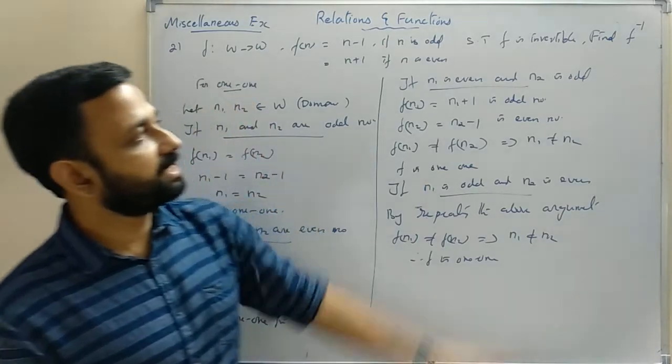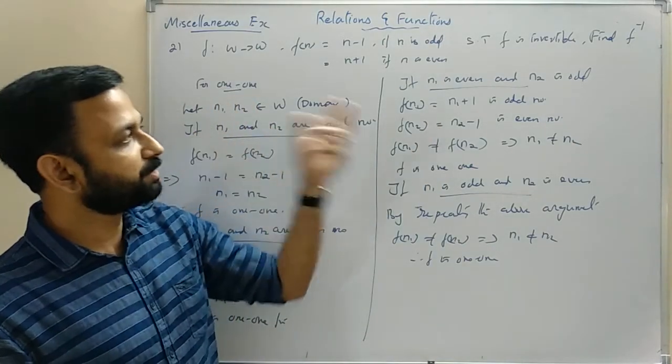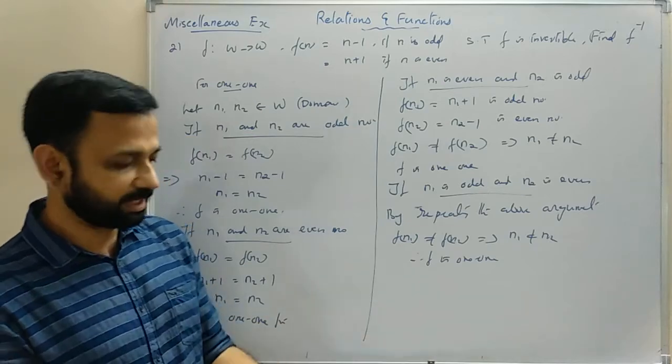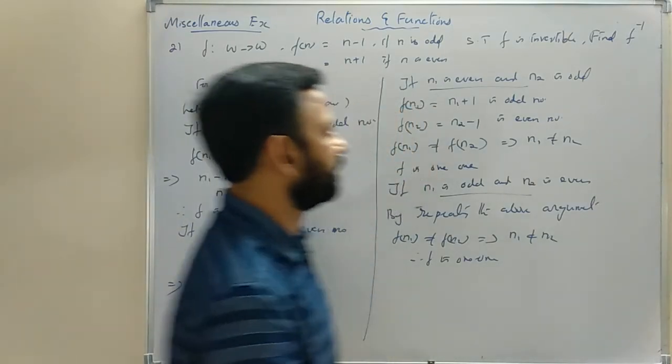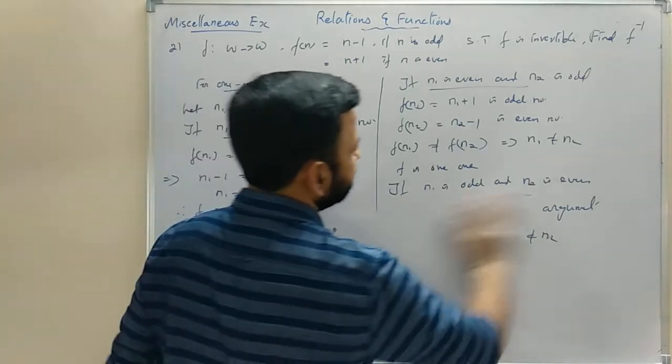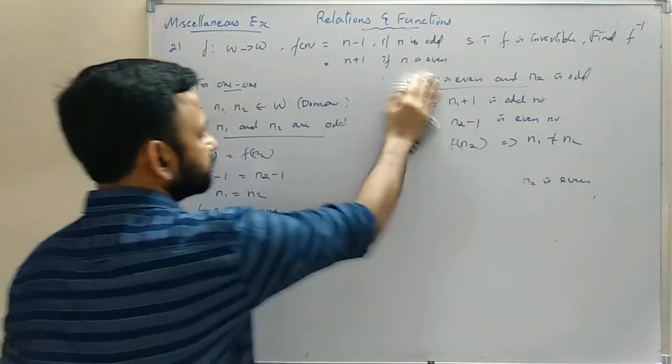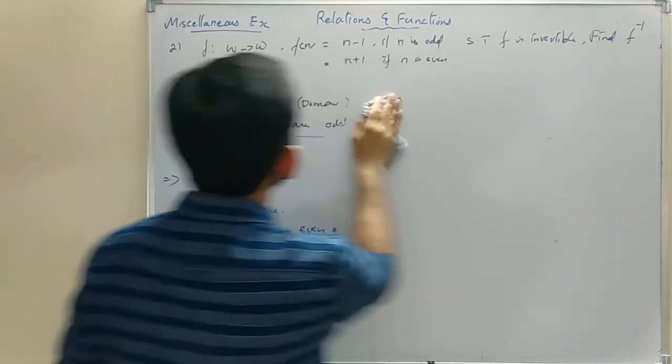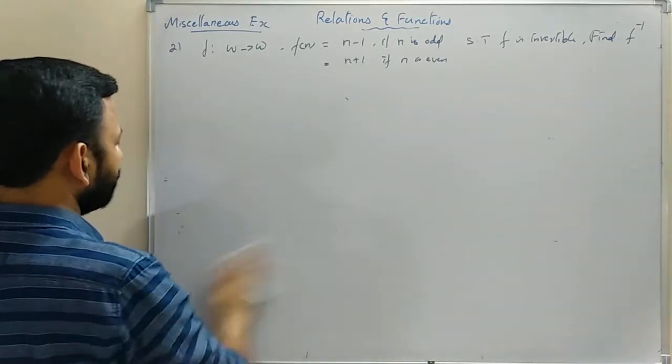We need to prove that it is an invertible function, so we have to prove that it is an onto function. Now we got that it is 1-1, so we can prove it is onto. Then we will find the inverse of that function. For onto,